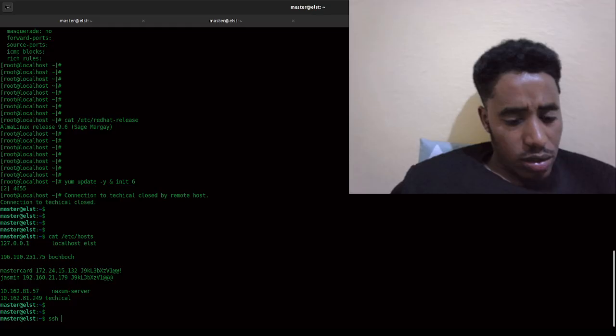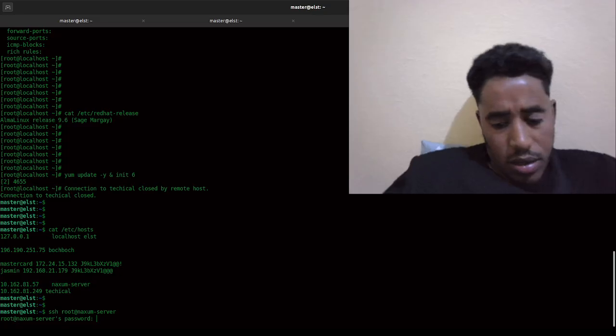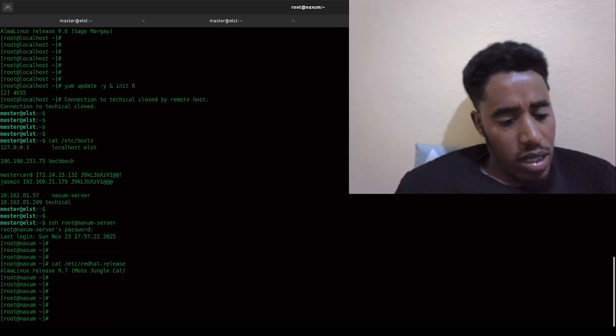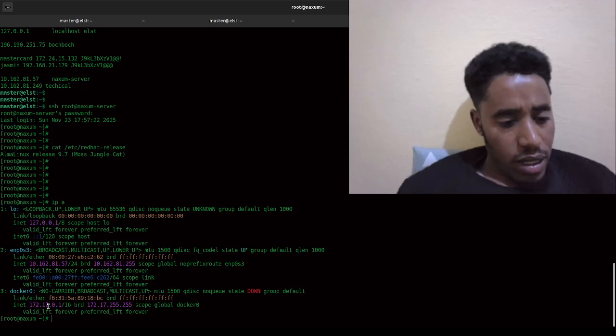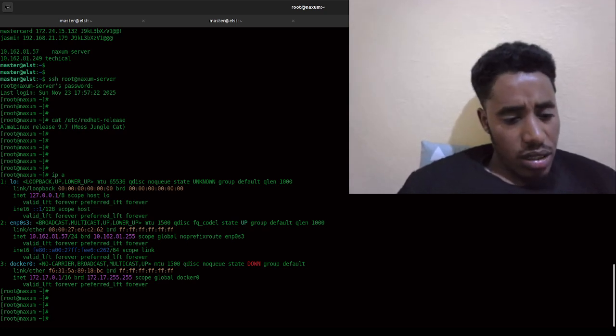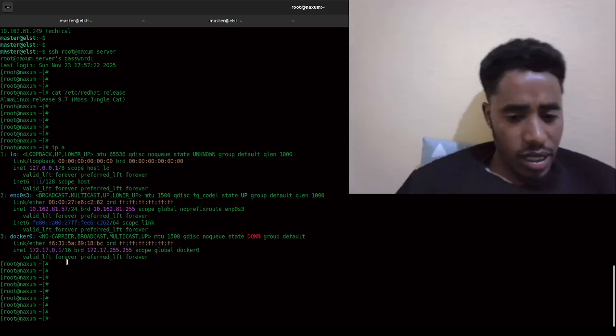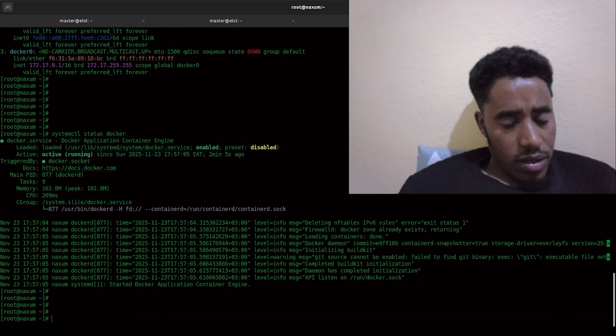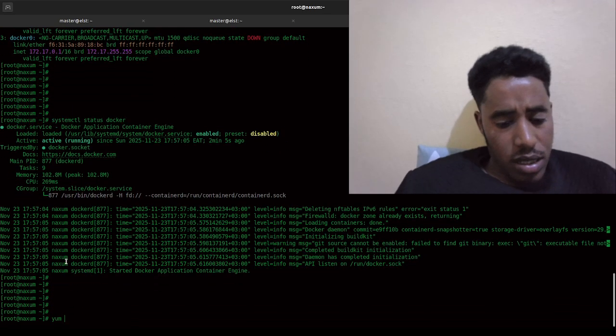I will SSH into it, ssh maxim-server. As you can see, it is 9.7, and its IP ends in 57. I already installed the Docker engine here. Let me uninstall it and I will install it again. systemctl status docker, here it is. Yum remove